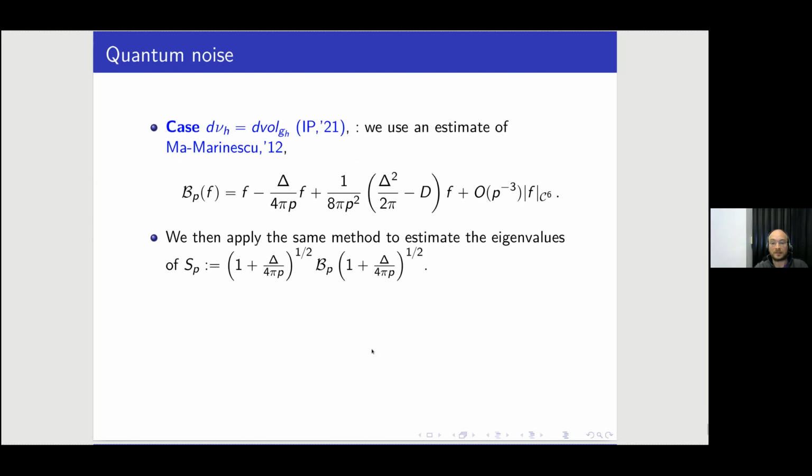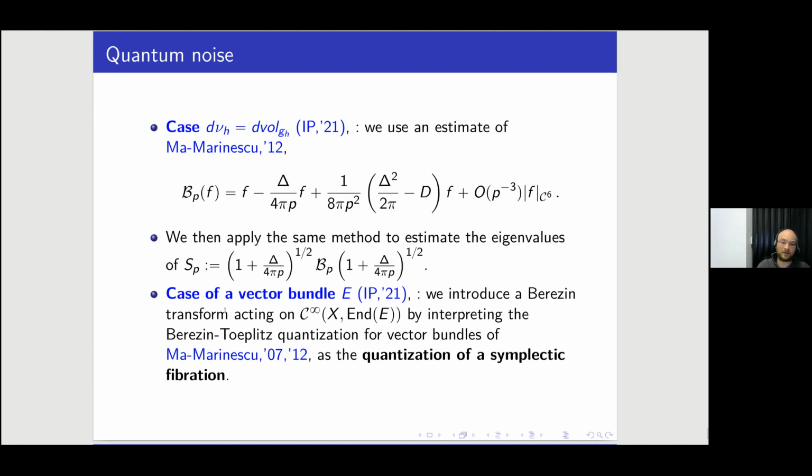This is a brief slide explaining that recently we also dealt with the next order case, where you have the next order formula. In that case, the self-adjointization, the square root of SP star, is this operator. This will have the effect of cancelling this term, but also this term, and you will be left with D. Applying the same method, you get the result. So there are analytic difficulties, but I'm summarizing.